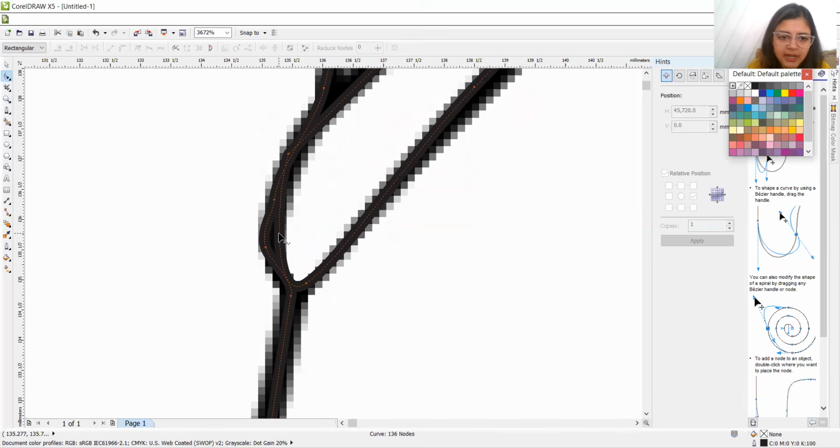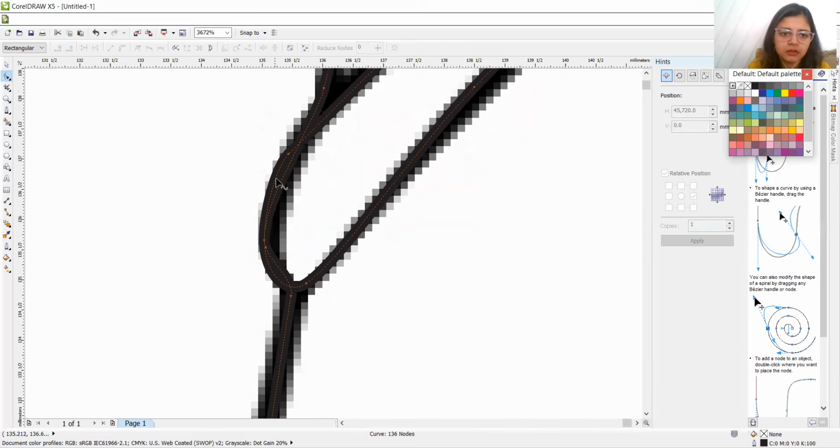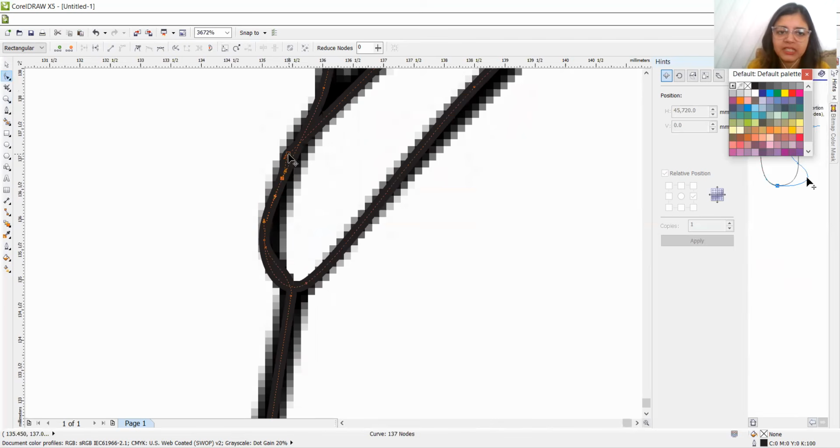So let's add and subtract your notches and make it properly aligned. The thing is, in this area, we have to overlap these two lines.